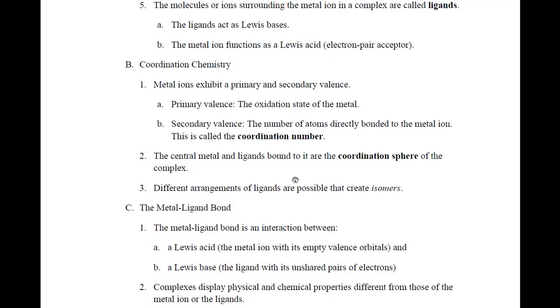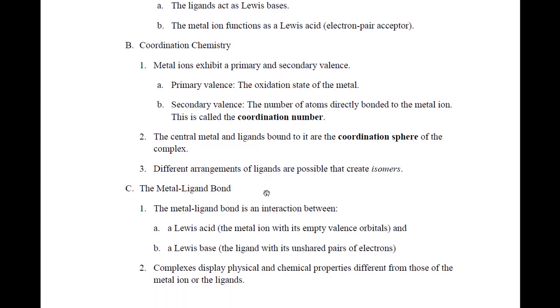So the isomers then are different arrangements which will give different physical and chemical properties. You can have the same formula, but two or more different physical arrangements. Those will have things like different colors, different melting points, different odors even. And so they are chemically and physically distinct. So studying isomers is a big deal in chemistry as well.